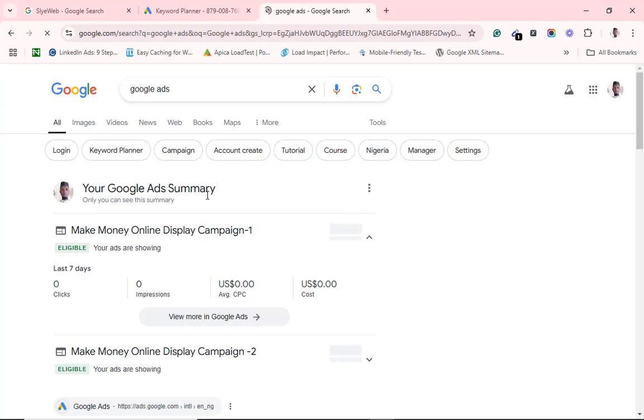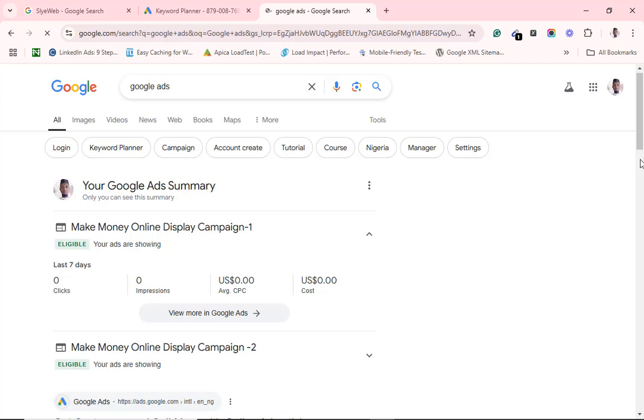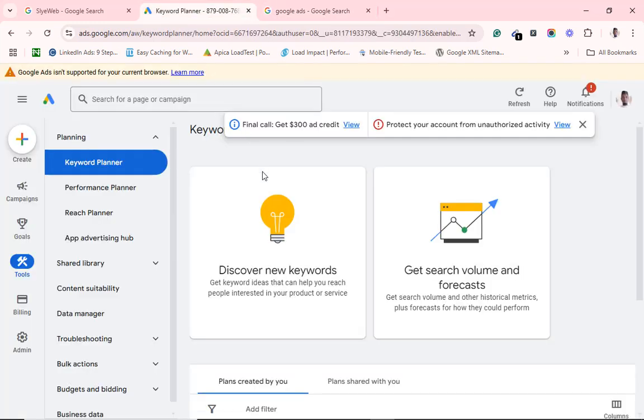Sometimes they may also need you to put in your billing details before the account becomes active. That process you can Google and see a video on how to open a Google account. But what I want to show you today has to do with Google Keyword Planner, which is a tool